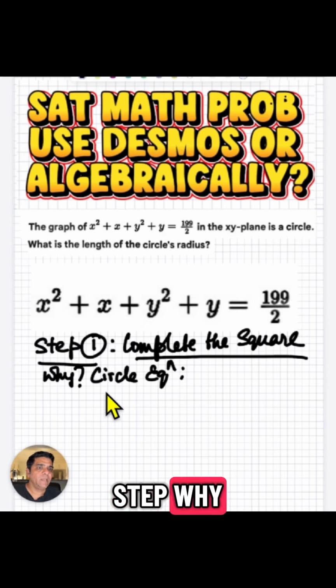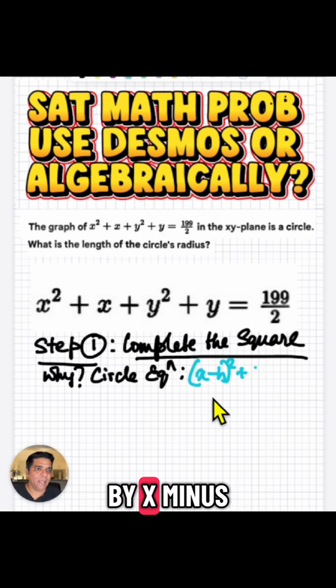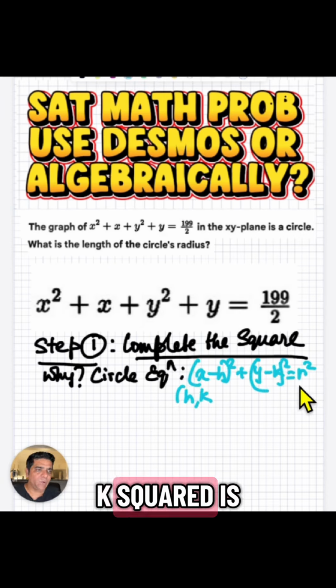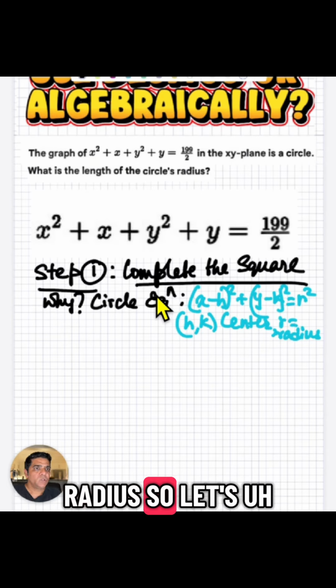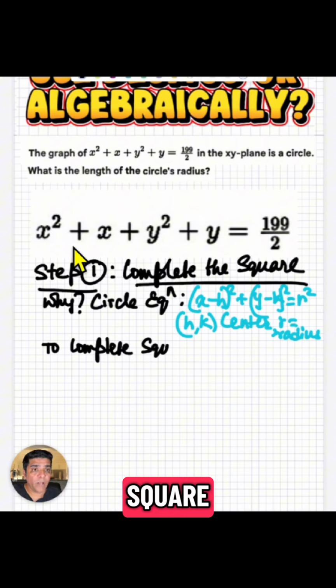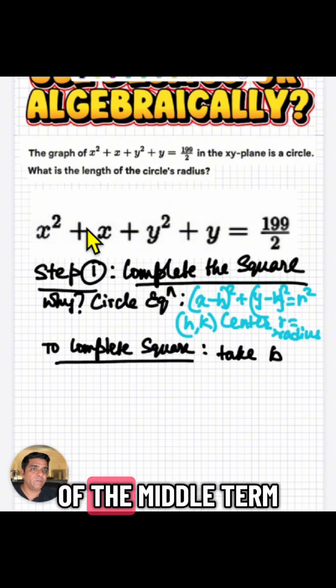That's our first step. Why? Because the circle equation is given by (x minus h) squared plus (y minus k) squared equals r squared. (h, k) is the center of the circle, r being the radius. So to complete the square, what we need to do is find the coefficient of the middle term, the